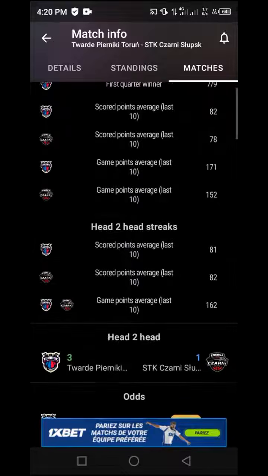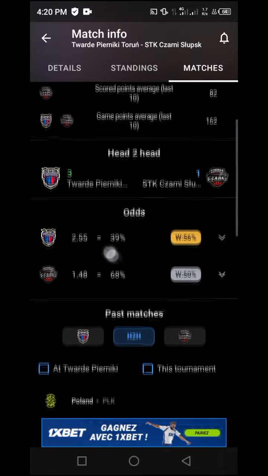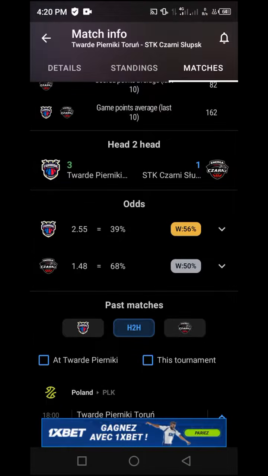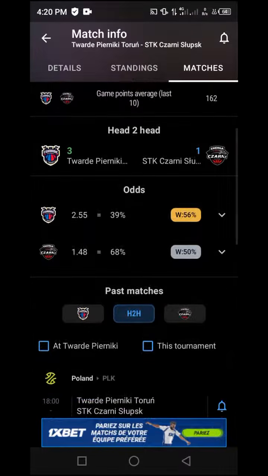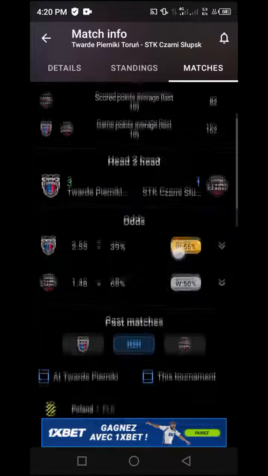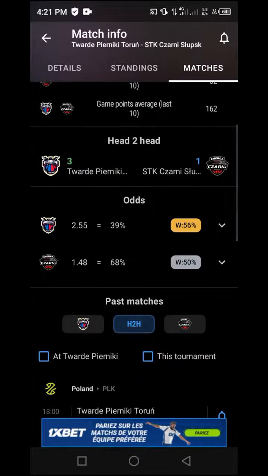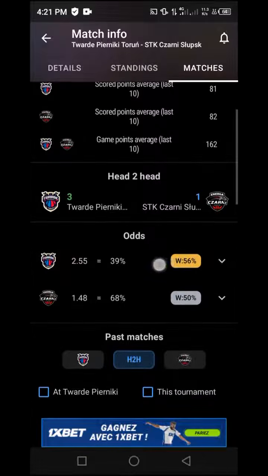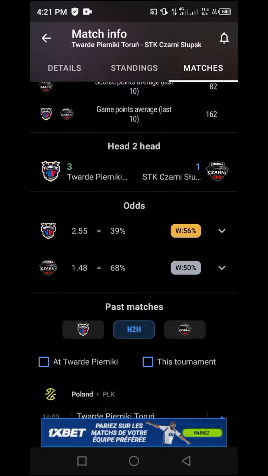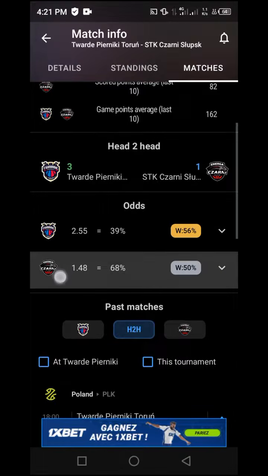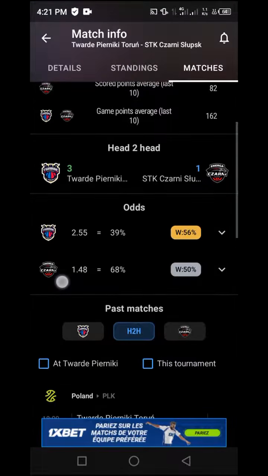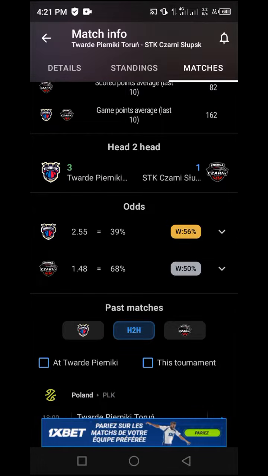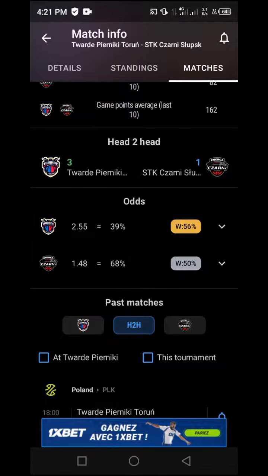Once you are here, scroll down to this area that says odds. In the odds area, you are going to see percentages of these two teams based on odds and the win rate. You can see that the favorite team's win rate is 50%, but its opponent's is actually 56. In other words, they are telling you that even though the favorite team has odds of 1.48 compared to the opponent, based on the win percentage compared to statistics,